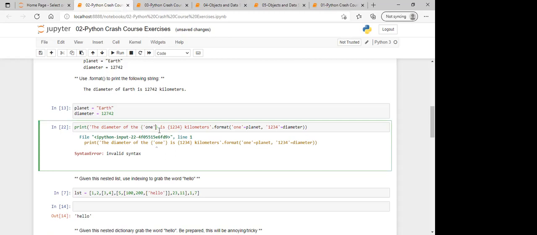Just like 1 without quotes. So this is the key, because if we put quotes, it will change the meaning. Now 1, 2, 3, 4 should be without quotes. Now you run this, it will work.